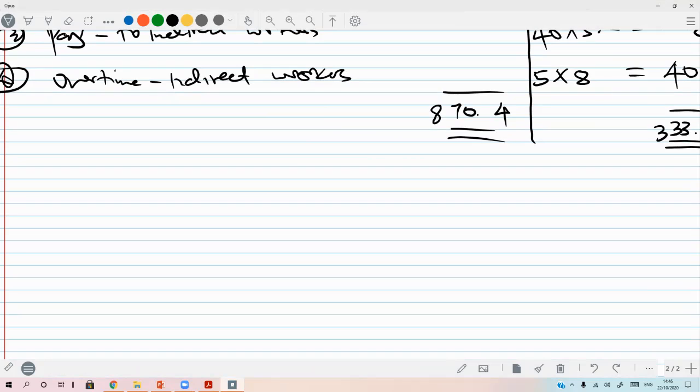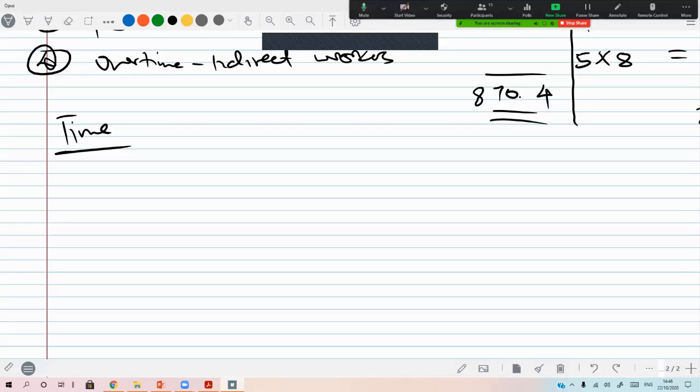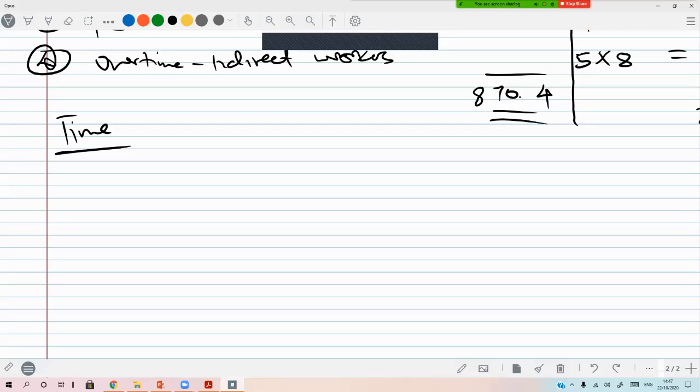So let's begin by getting the pay if it is based on the time. You'll be told that the past 10 employees have been paid at a rate of $5 per hour for 38 hours per week, and any overtime is paid at 1.5. In a typical week, each employee works 6 overtime hours, and produces an average of 1,000 units per week. So we can say basic pay